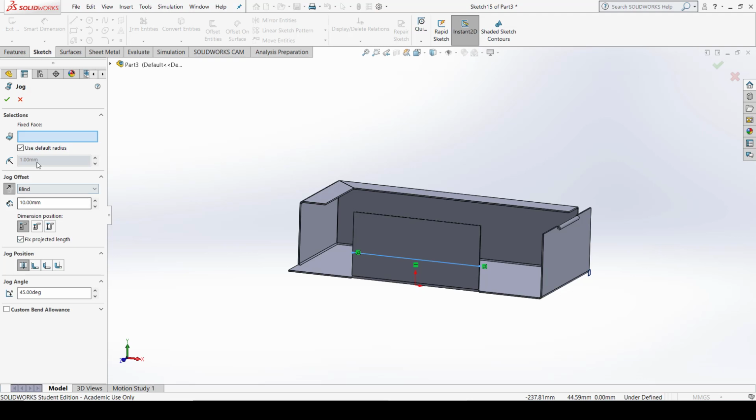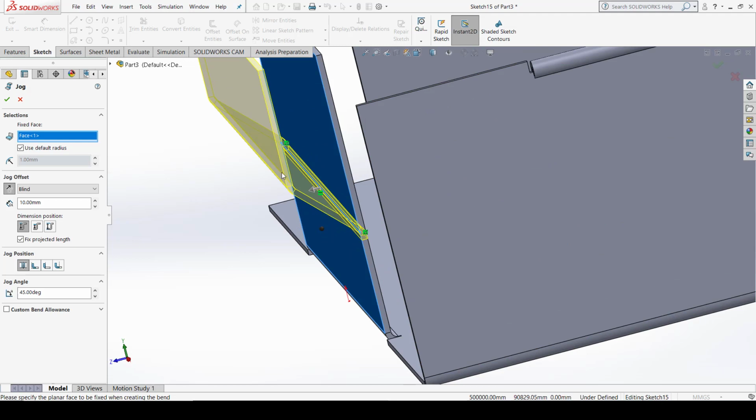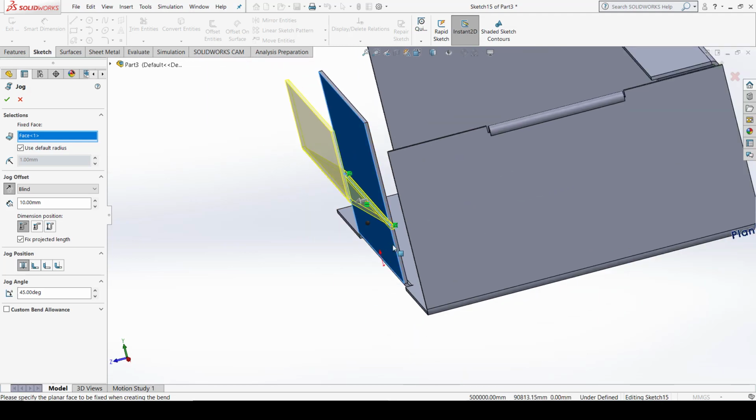Okay, and now I select which face you want to fix. So I select this face which is below this sketch line. You can see the jog will appear. So jog is basically a bend from that sketch of that flange.